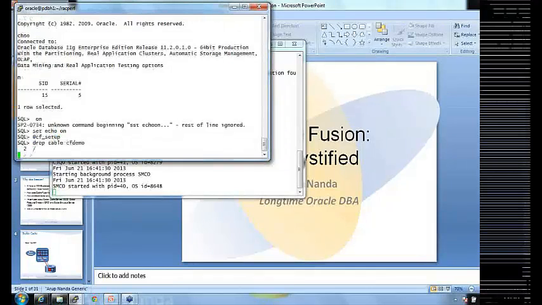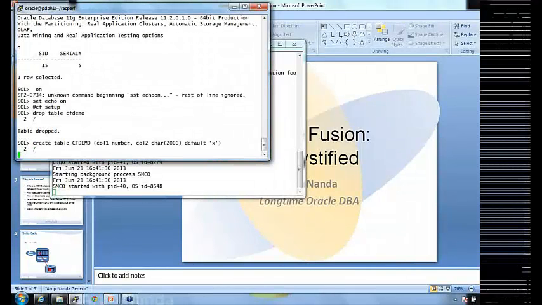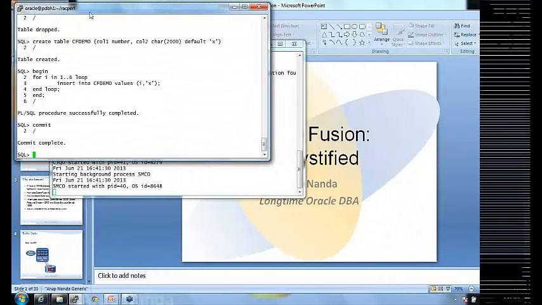CF setup. I am creating a table called CF demo. I'm dropping the table and creating the table with just 2 columns, column 1, column 2. And I'm inserting 6 rows into the columns. It will show you that I'm just simply putting some values here. Now, question is,